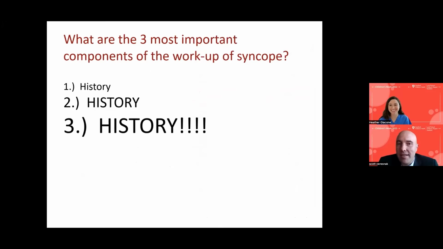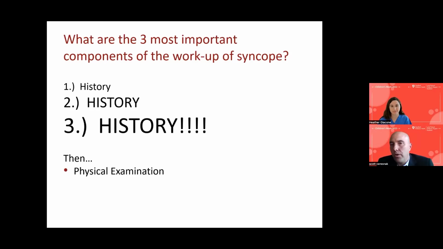So clearly, you guys in the office, when you're seeing patients, the history here is one of the most important parts of this workup. Only after a really detailed, rich history that can really provide so much insight into the syncopal cause would we think about other testing. And then that other testing would be a detailed physical examination, right?